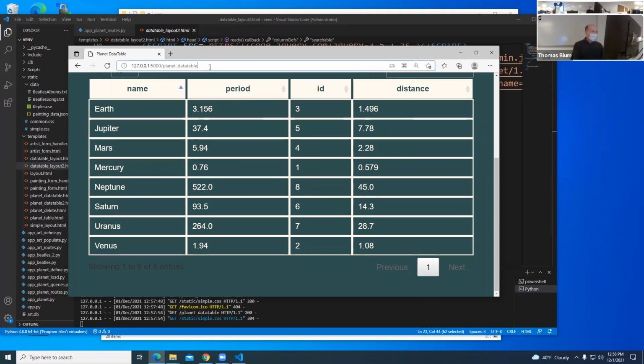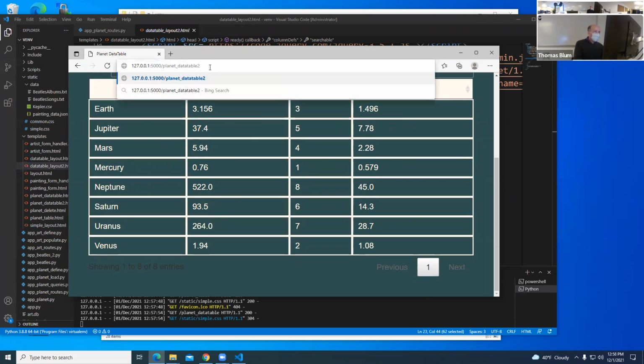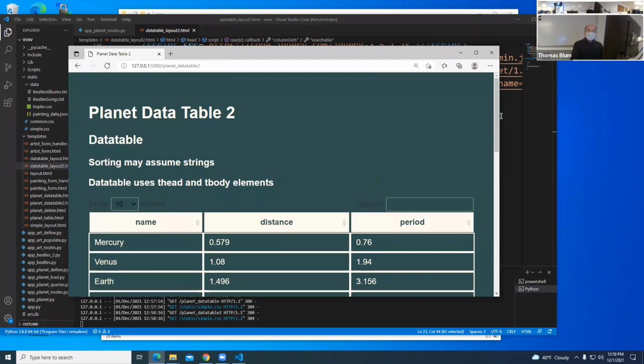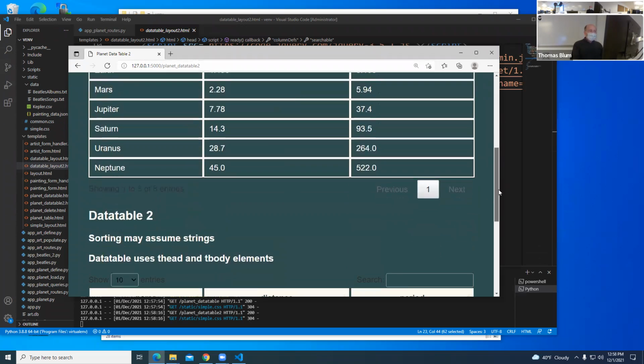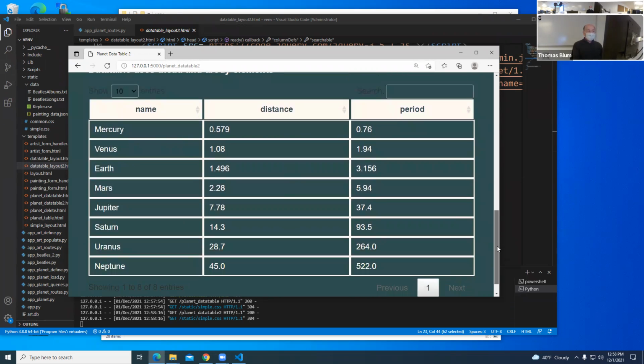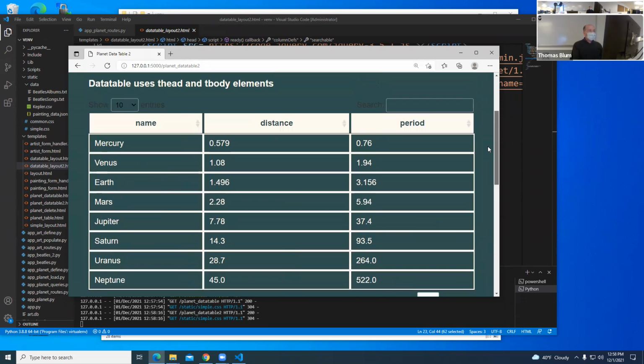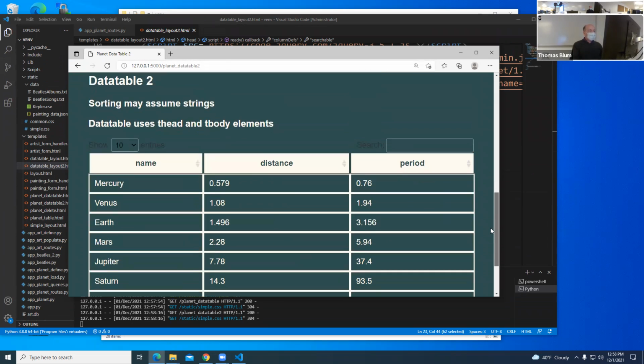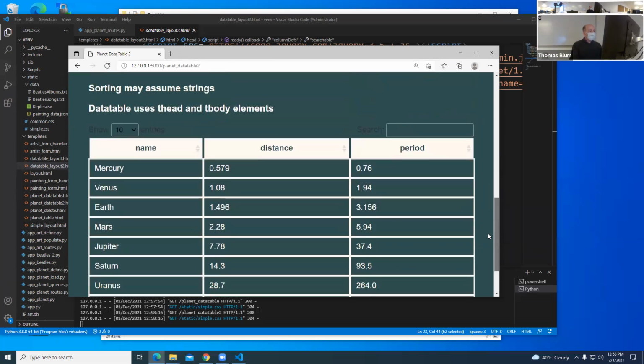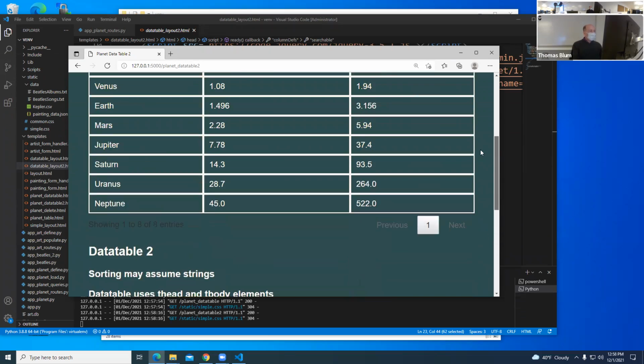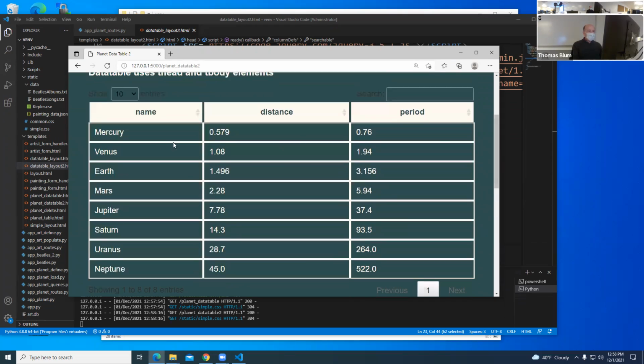And now I'm going to go to data table 2. And I'm not showing the IDs. So this is my data table 2. I'm hiding the IDs.